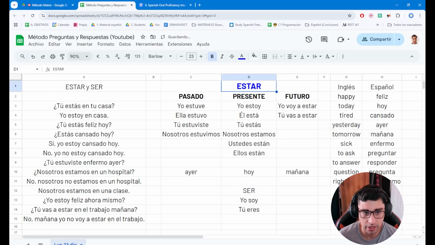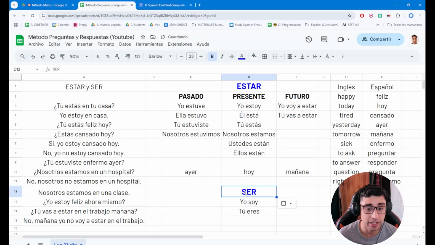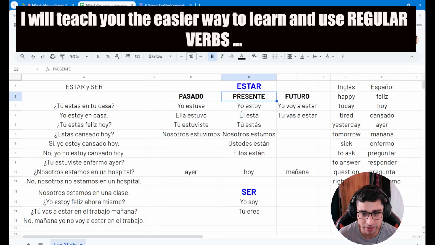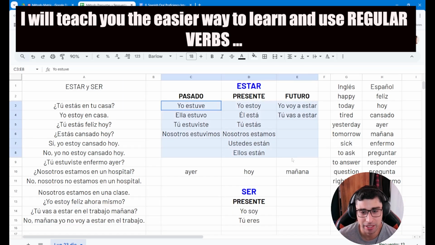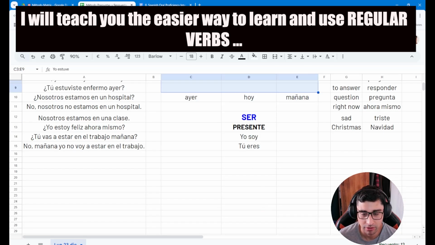Then I could try this with regular verbs in Spanish, and you will see that once you know one verb, one conjugation, let's say using the present, you will be able to conjugate all the regular verbs. Just seeing like one table, okay? I'm going to show you right now,